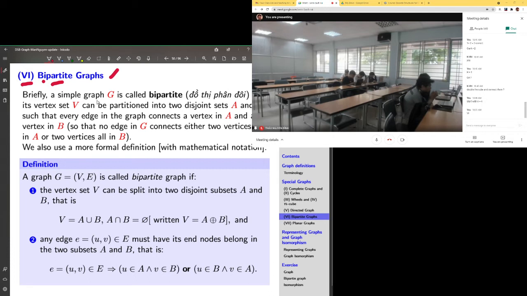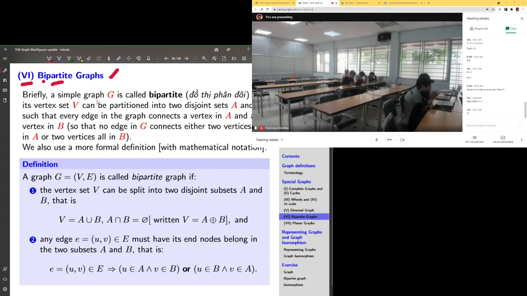Disjoint means like this one, right? Split, partition into, that means you have this equality, and then so that every connection in the graph must connect a vertex in A and a vertex in B. That's fine, from A to B, but not a connection between two vertices in the same A or two vertices in the same B. So the first one we call decomposition of vertices. This one can be rewritten here